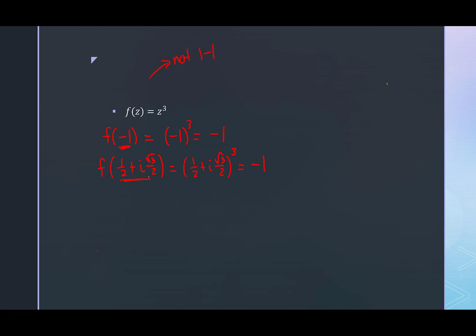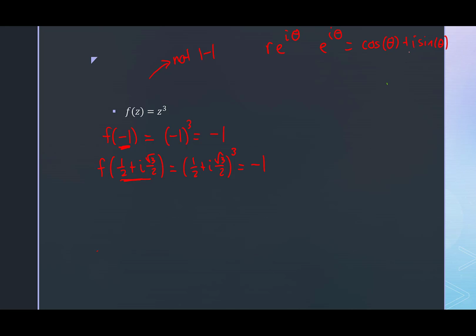Now let me go into how I got these numbers, by the way, because you might be like, how did you come up with this? I didn't randomly choose negative 1 and for some reason 1/2 plus i square root 3 over 2. The way I came up with these numbers was thinking about the other representation that we have for complex numbers. Remember, we can think about complex numbers as r e to the i theta. Remember, this is the exponential form, or quote-unquote polar form, if you will, where e to the i theta is equal to cosine of theta plus i sine theta.